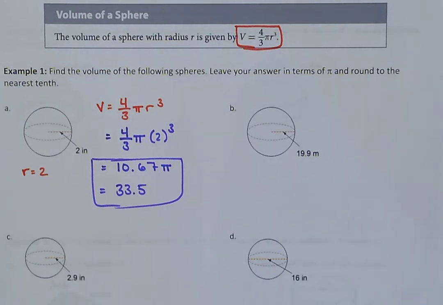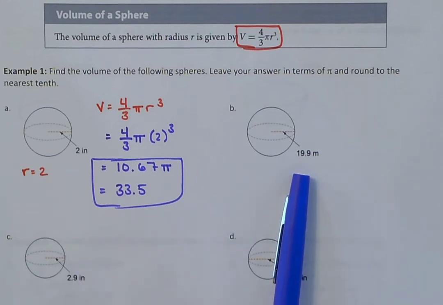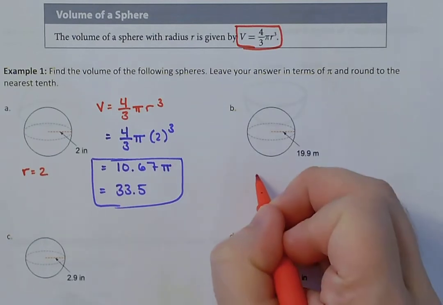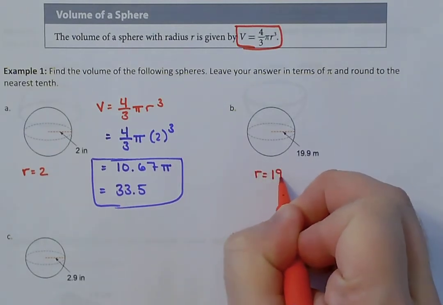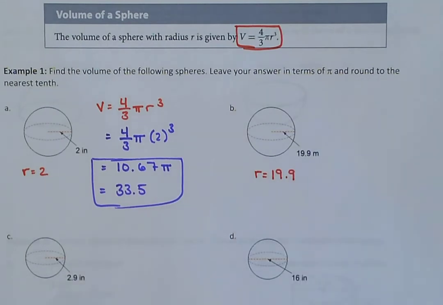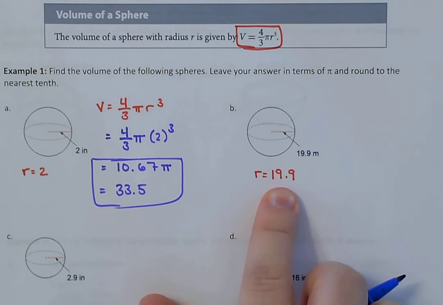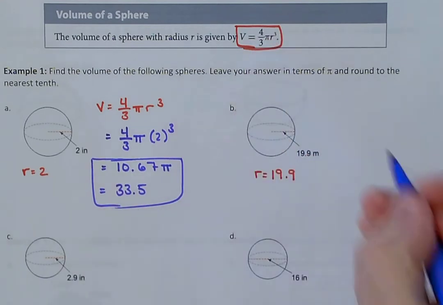And that's how you find the volume of a sphere. Figure out your radius, plug that value for r into your formula, and then just go through and calculate. So to give us one more to reference and practice, if we look at B, they tell us our radius is 19.9. So we know r equals 19.9. So if we take that 19.9 and plug it in for r in our volume formula,